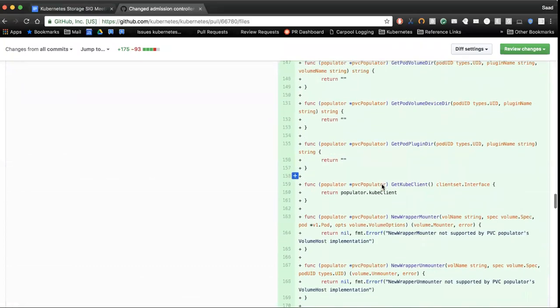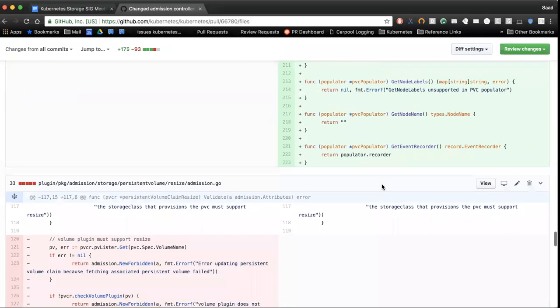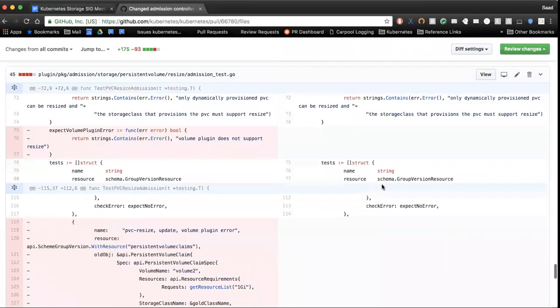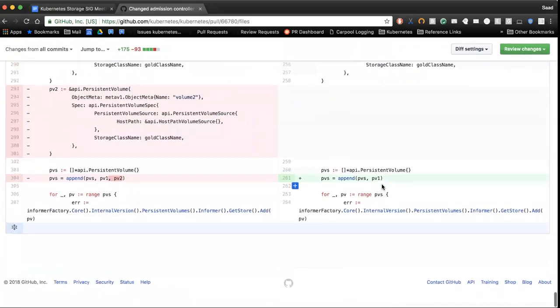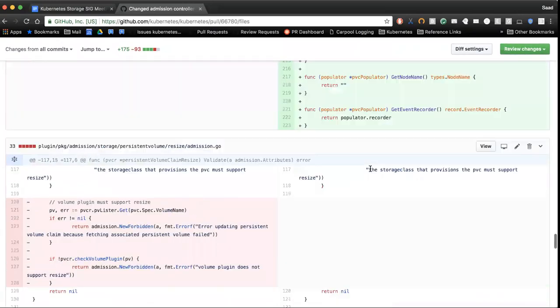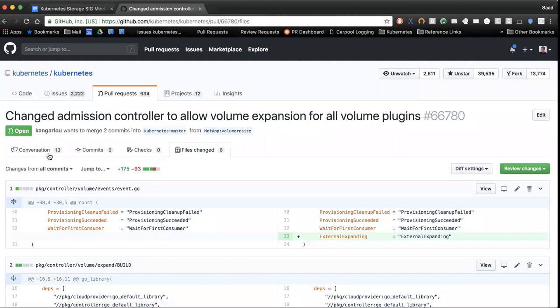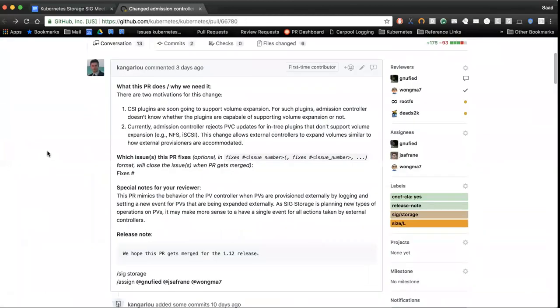So this basically delegates the volume plugin check to the expand controller as opposed to the admission controller. It also allows the external provisioners or external controllers to do resize for plugins like NFS or iSCSI, where it's not possible to have resize capability for entry plugins. So this is the gist of it.